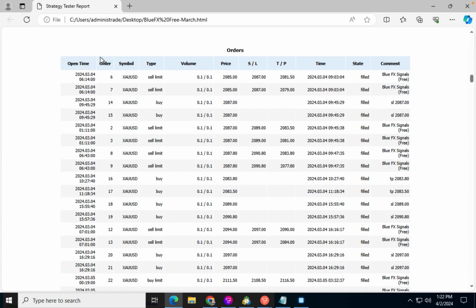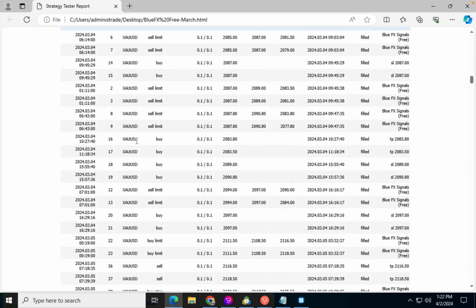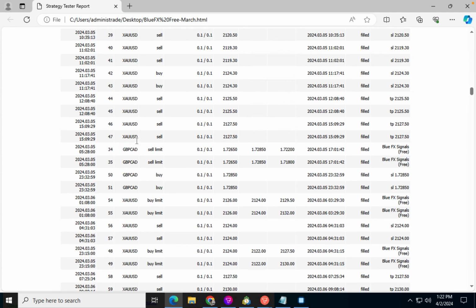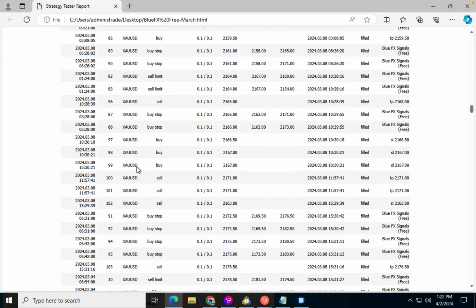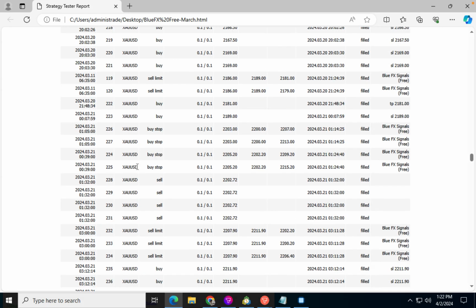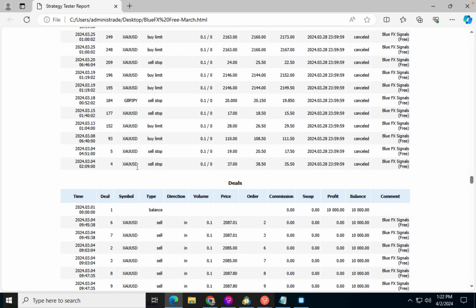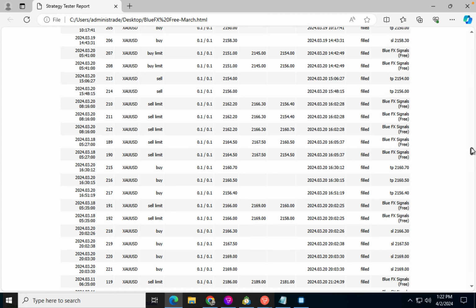All right, here we go with the results of the backtest. We had quite a few trades this month. A lot of trades on gold. In fact, that's probably the majority. Some trades from pound CAD, but yeah, it looks like the majority is on gold. And what do we got? Quite a few trades. Yeah, I would say almost 300 trades. So let's take a look at some of the